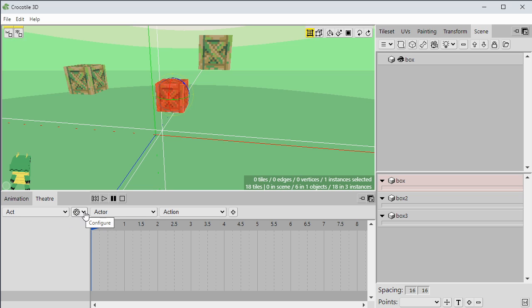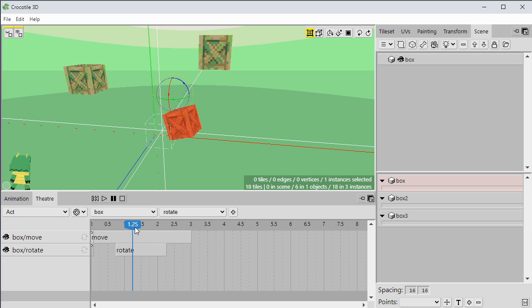And you could choose the actor that acts in the act. So in this case, we'll choose the first object. And we'll choose an animation to play. In this case, we'll choose the move animation or action, and we'll add that action. And we can move it around. In this case, we'll just put it at the start. And then we could add a rotate. So this object will act out both of these actions